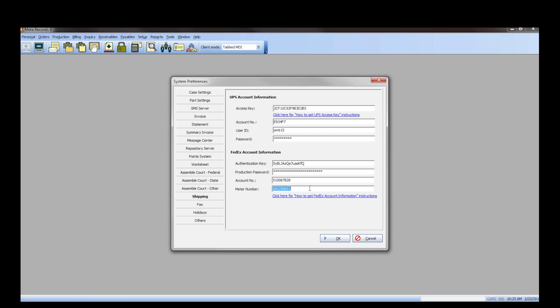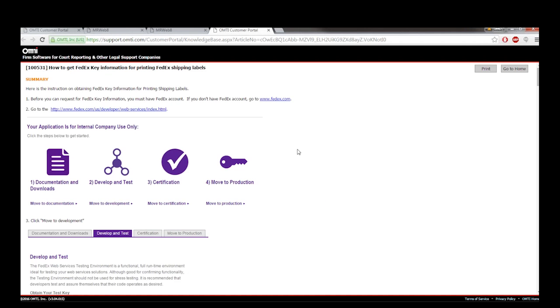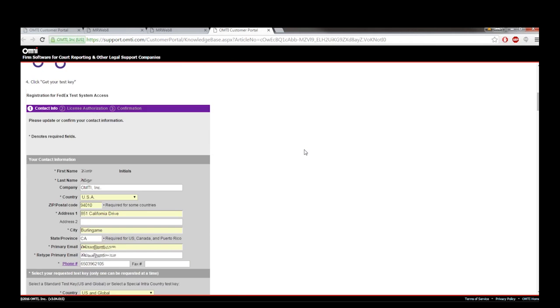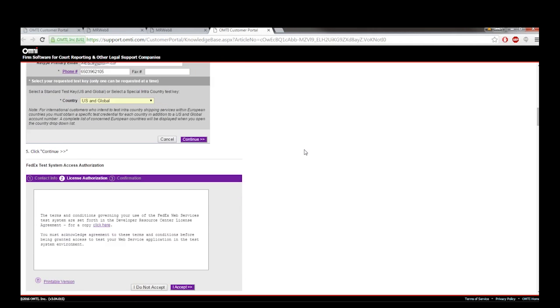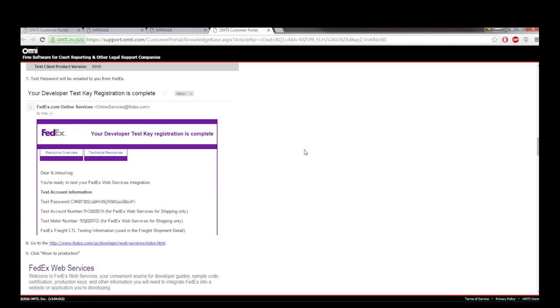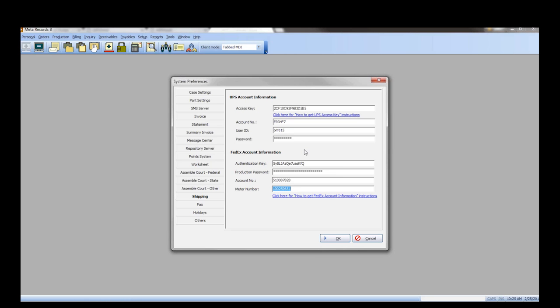If you need assistance gathering some of the information, we've added useful links to our customer portal that instruct you on how to obtain your keys for FedEx and UPS. So this will take you step by step on how to obtain everything, and basically you'll be able to plug the data in after that. So make sure you have all that information added to MR8 before you attempt to use shipping.